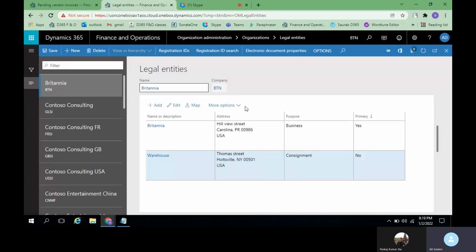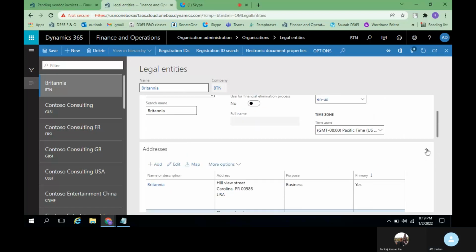These other options I have not used; I have used only adding an address and editing, and the maps you can give. And then we'll go to the next column,